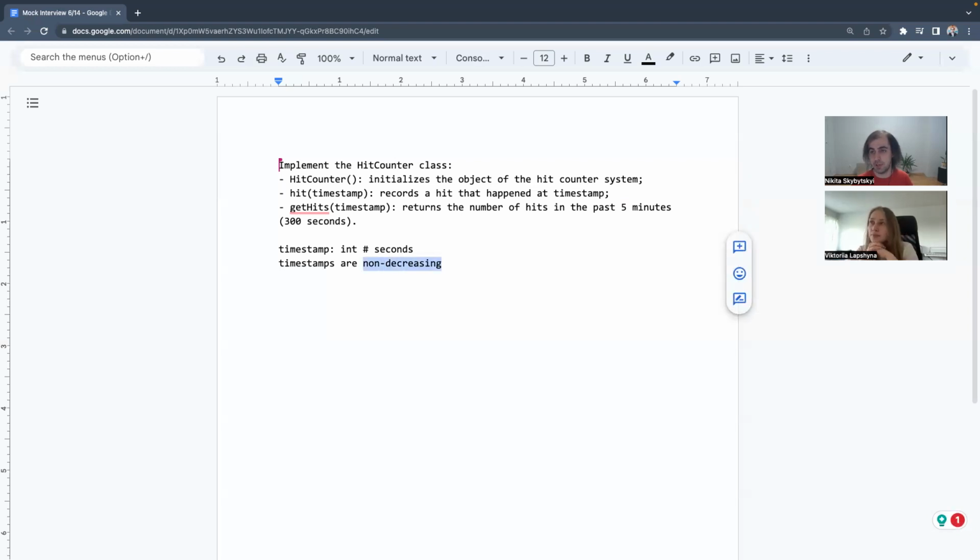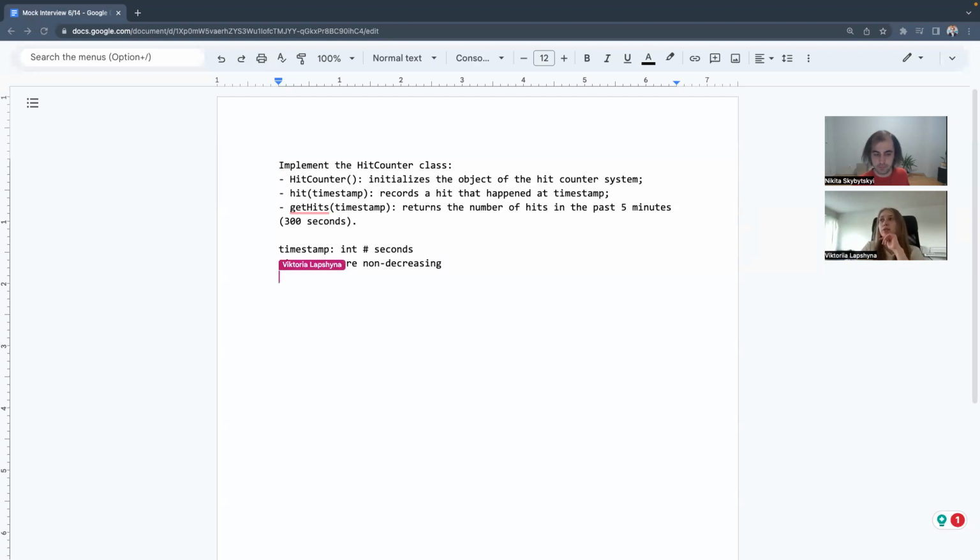Because the granularity is very large, there may be multiple visits to a given web page within the same second. So there can be duplicate values, but they will never decrease. Okay, I think it makes sense.